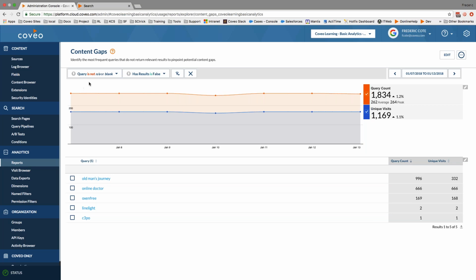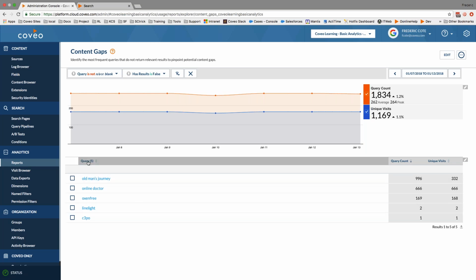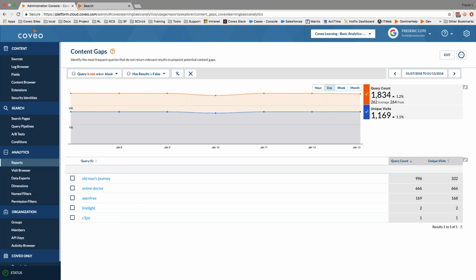So what does this say? It says, okay, show me all the events for which the query dimension was not blank, and for which the has result dimension is false. All search results have a dimension called has search result. So what this filter allows me to do is to see all the queries that were made that returned no results. And here we have them. So we have here the query dimension and all its possible values for the given period, and we have different metrics. Here we have query count and